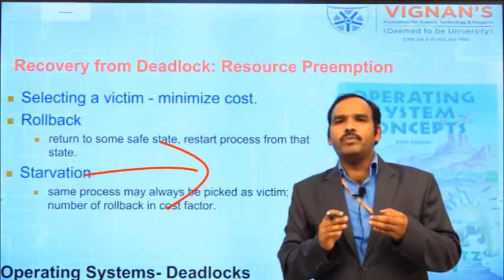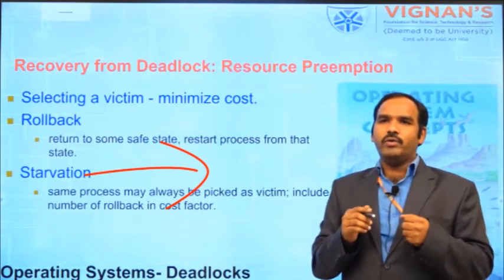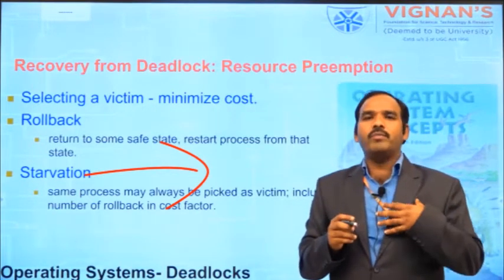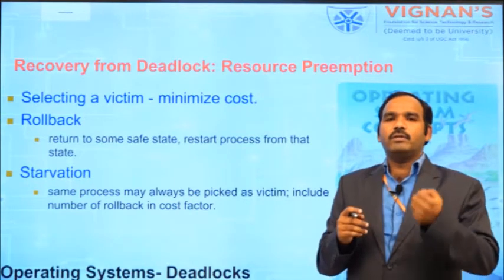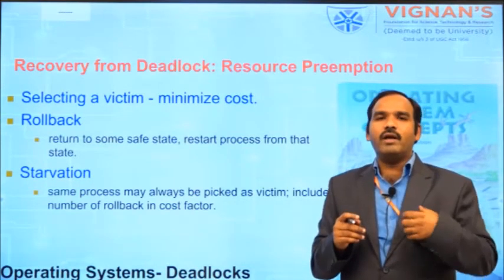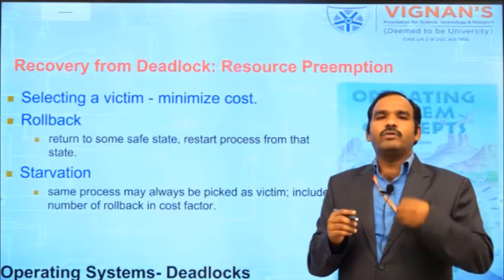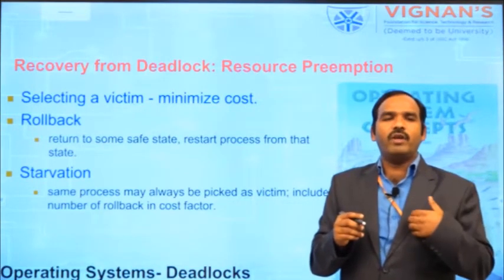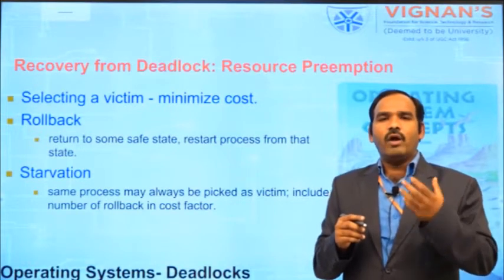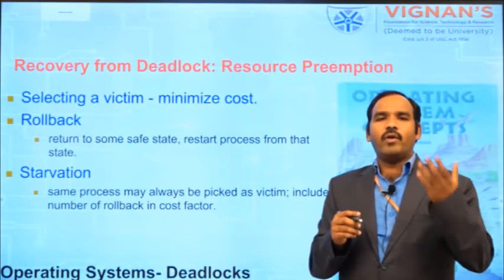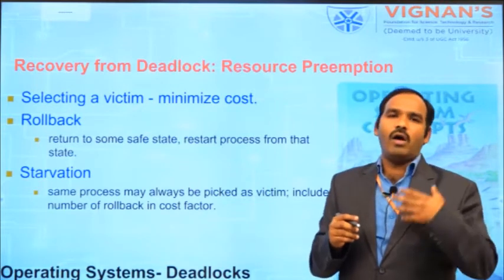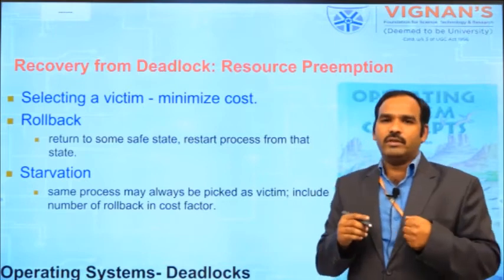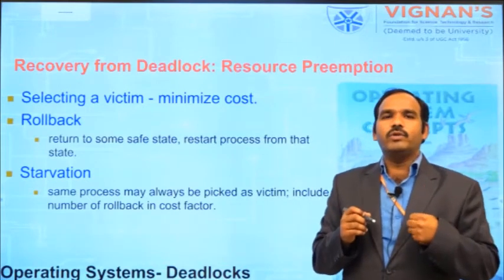So here in this resource preemption, what we are trying to do is recover the resources from the process by force. By force, the resources are recovered from the process. The reason is, if the process is involved in the deadlock, how will the system come out from that deadlock? You have to do either killing a process which is involved in the deadlock, or you can forcefully take the resources from that process. So, that is the actual issue we are talking about.